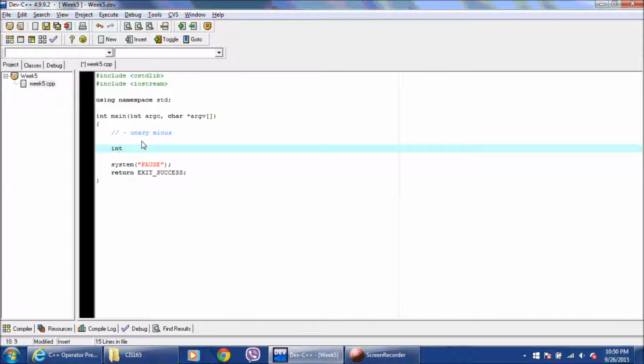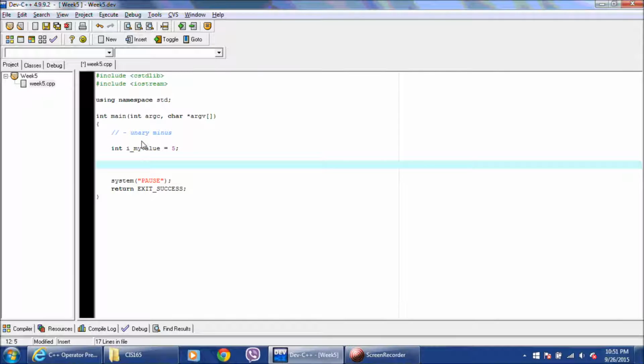So for example, if I say int my value, and I do cout my value, I can do this, and that just basically will negate the value 5, where I can say minus that plus 10 times 2. Okay, so what that's going to do is it's going to turn this into a negative 5,